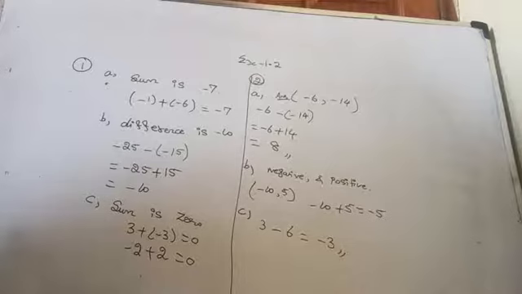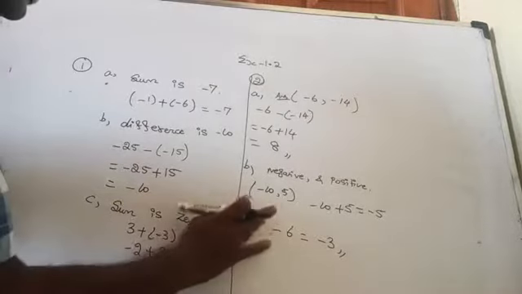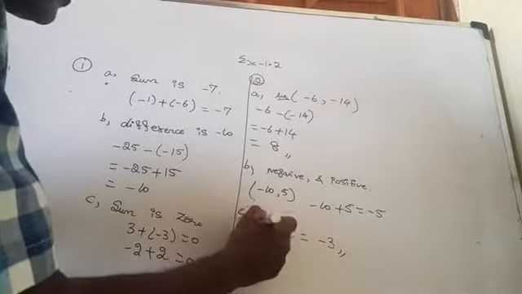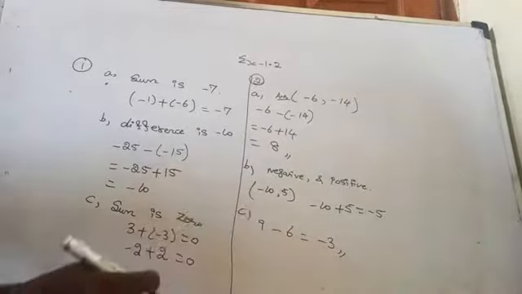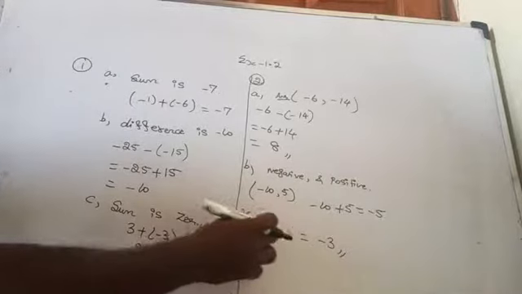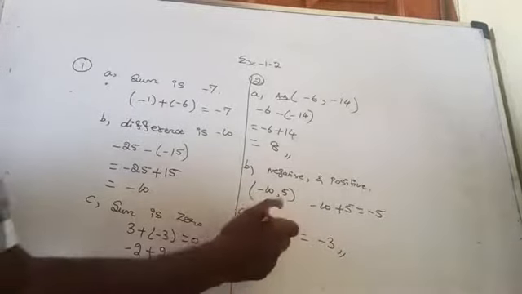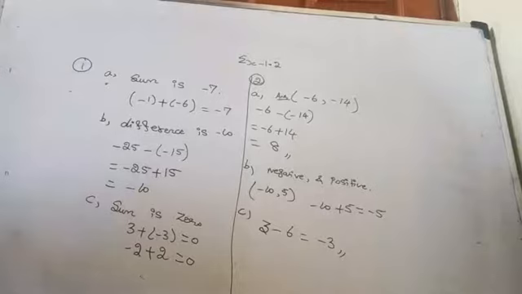But the question is to write a negative integer and a positive integer. So what you can take is like minus 9. Am I right? Write a negative integer and a positive integer. So 9 minus 6, okay fine. 9 minus 6 is 3. So 3 minus 6 is minus 3. Are you getting it here? Yes. Now look at question number 3.